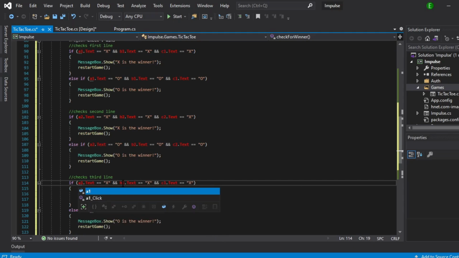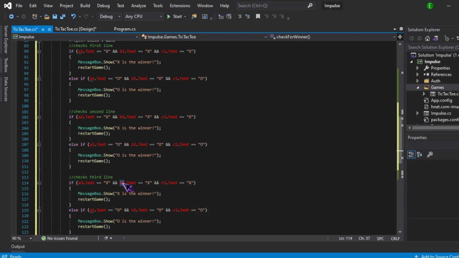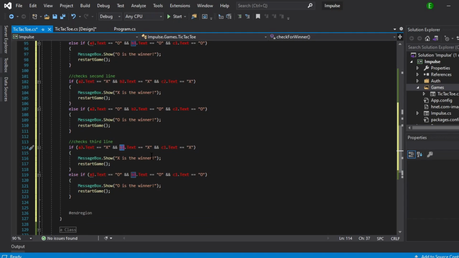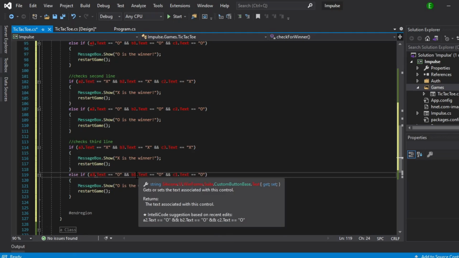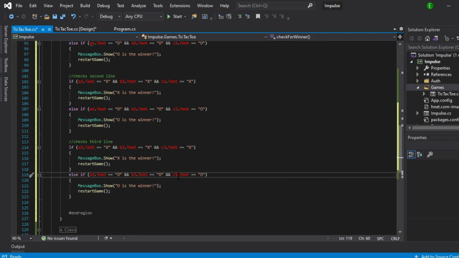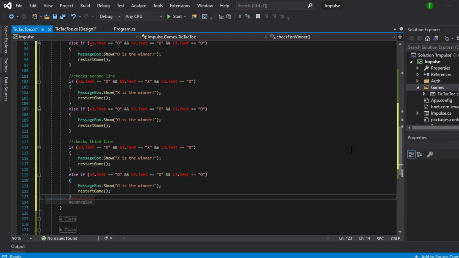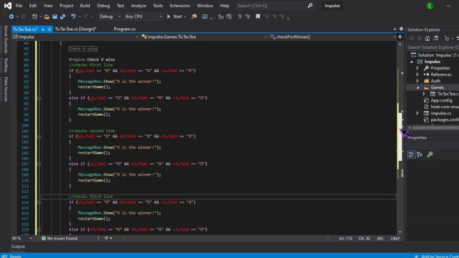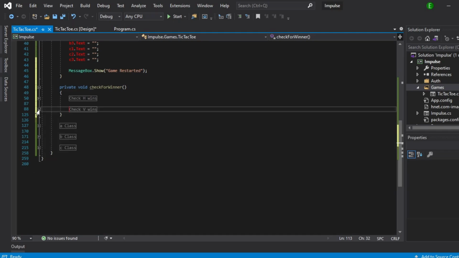I lied again. A3. Gosh, that was frustrating. Okay, and then B3, and then C3. And then same here. So that's your vertical checks, and now all we've got to do is create